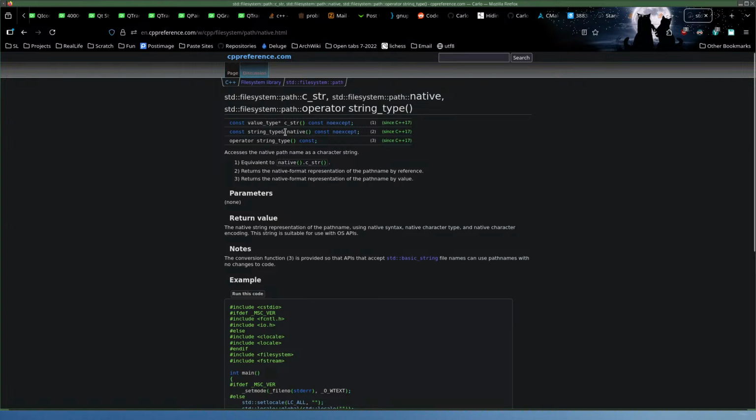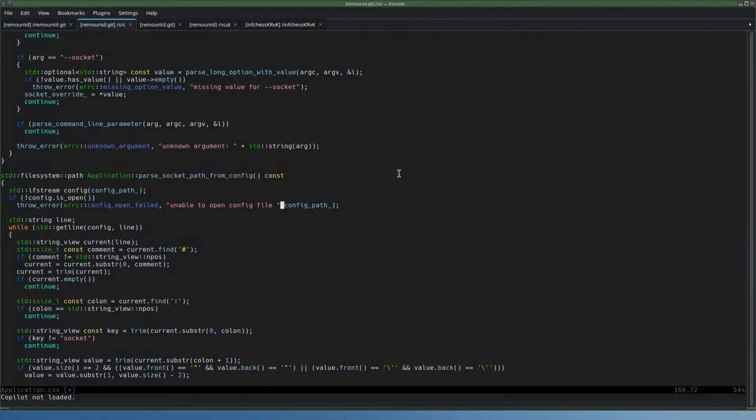Native returns string const reference. Okay. You can keep the plus. You can even keep the quotes in. Just make this native.